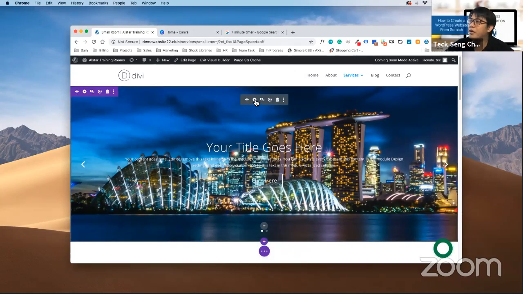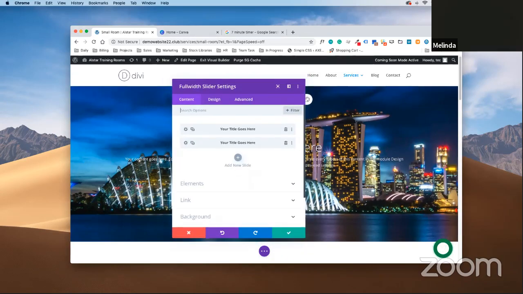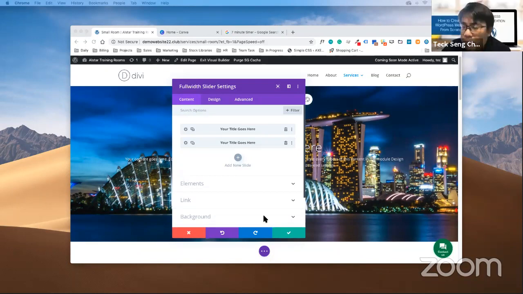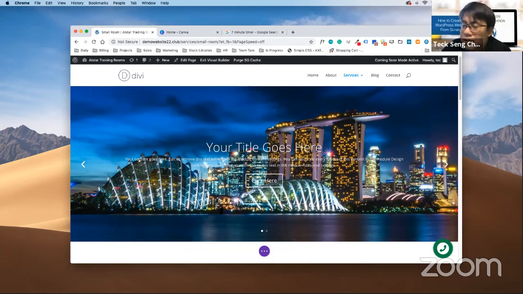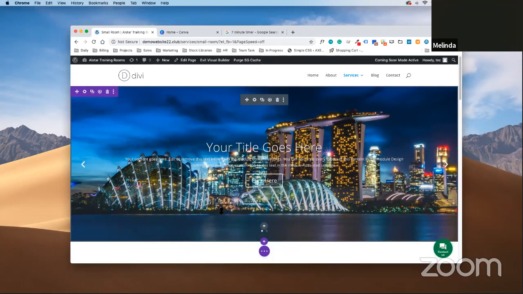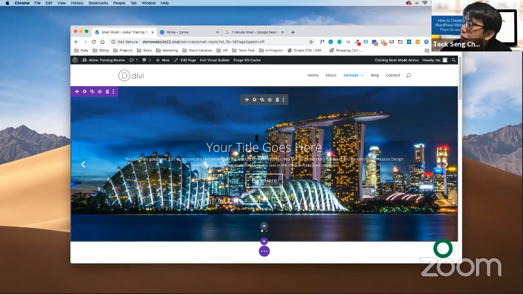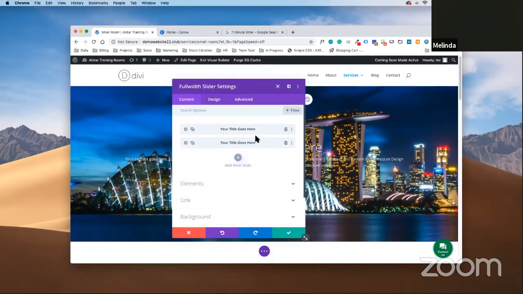Melinda, you mouse over to the gray color. Mouse over to your header. You can get a gray color settings. I cannot get any when I mouse over, the whole thing is just minimum height, but I can see a purple color add new section, that's all. I cannot see the setting even for the section or the module. What you do is you mouse over to it, you double click. Okay, now I'm at the full width slider setting.